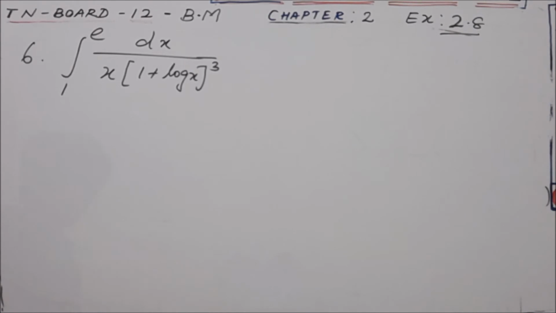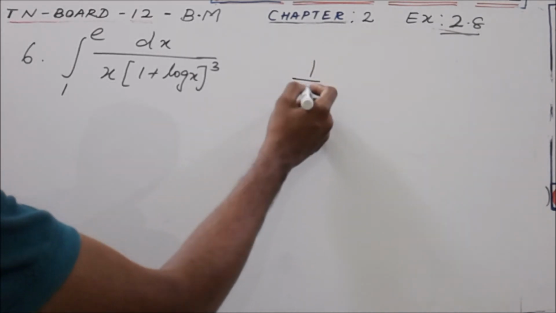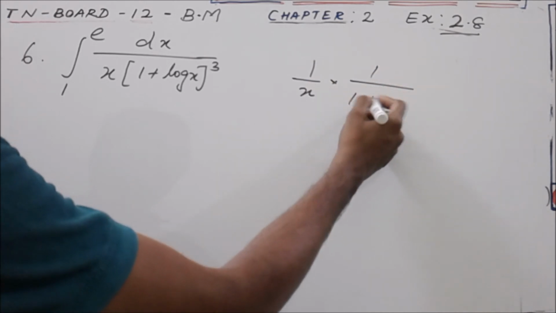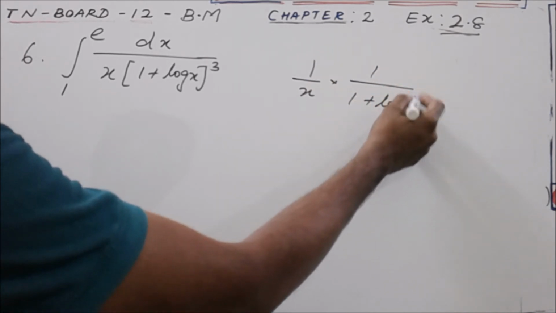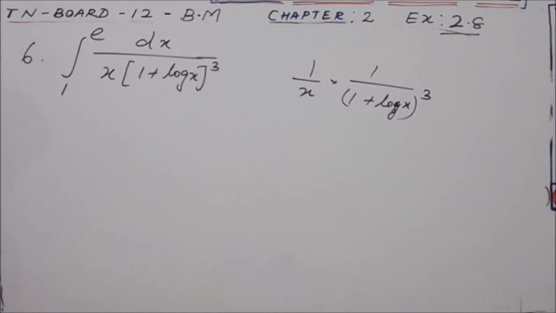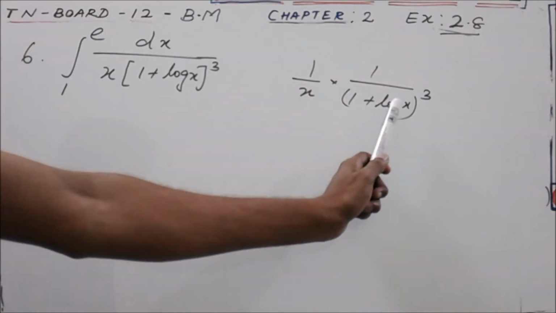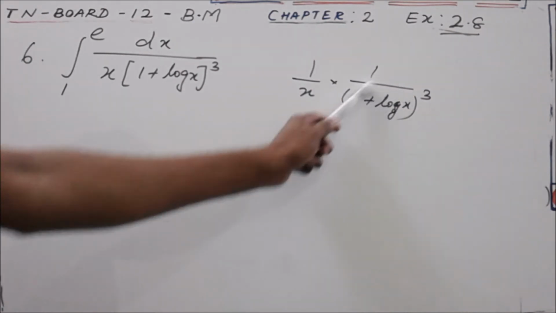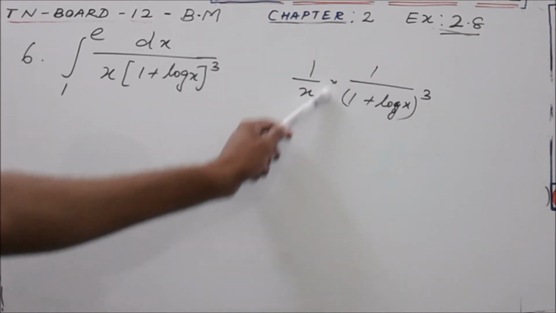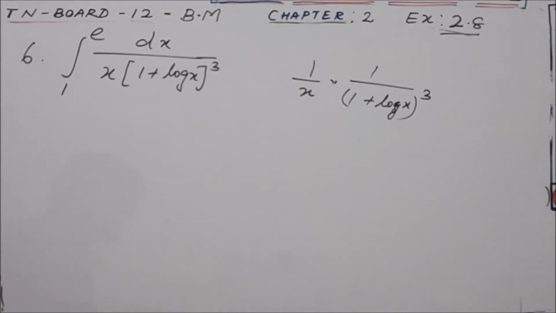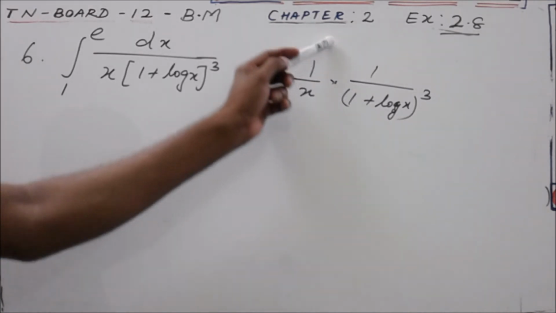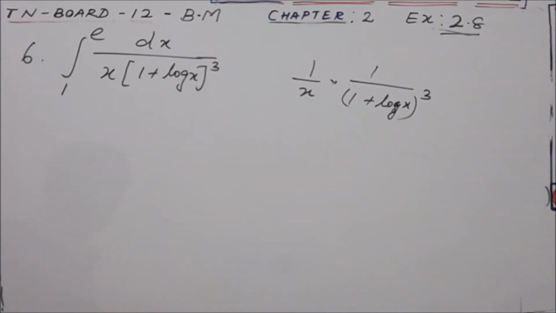Now the given function is 1 by x into 1 by (1 plus log x) whole cube. Look at the second one, 1 by (1 plus log x) whole cube. Here we have log x, and its derivative 1 by x is present here. So the suitable substitution is given to log x, then we can apply its derivative as dx. So by choosing the method of substitution here,